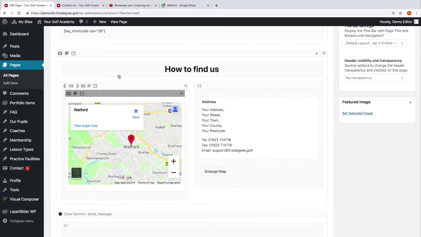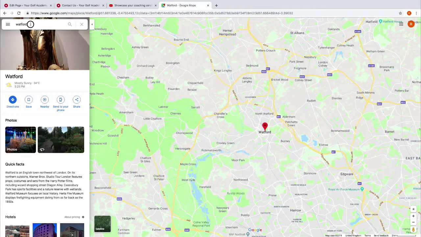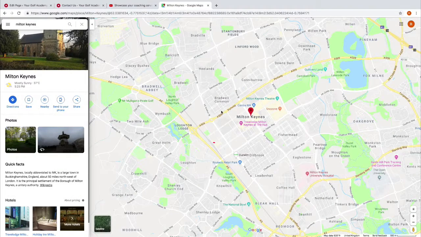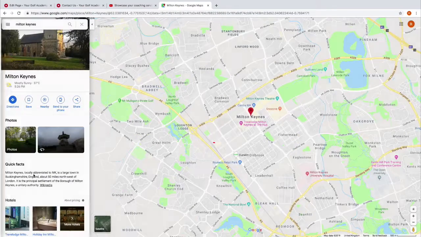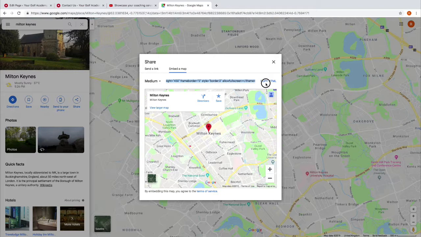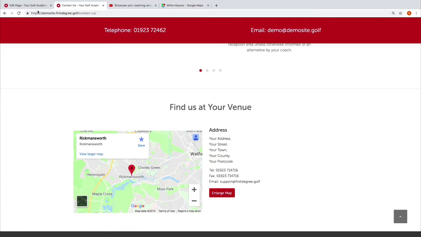Let's do that one more time with a new location. So we're going to type in Milton Keynes. Head to the menu area, share or embed map, embed a map. And let's copy the whole of the code, remembering that we only need to use the section starting from HTTPS and ending with UK. So we'll select the whole area, copy,